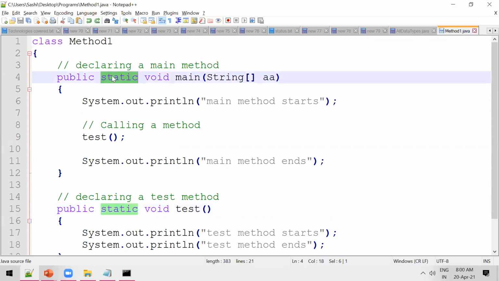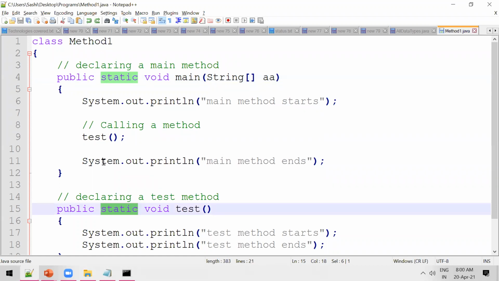I said in the very beginning, a one-line description about static: static means it belongs to the class, right? At the very beginning of the class, I said public static. Static means this method belongs to the class. Here the main method belongs to the class, and the test method also belongs to the class, right?